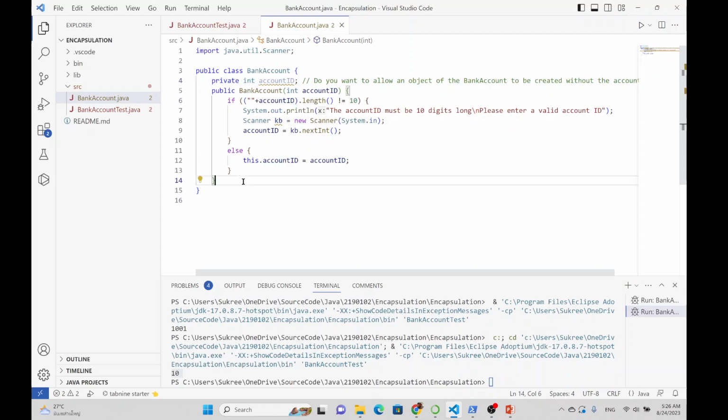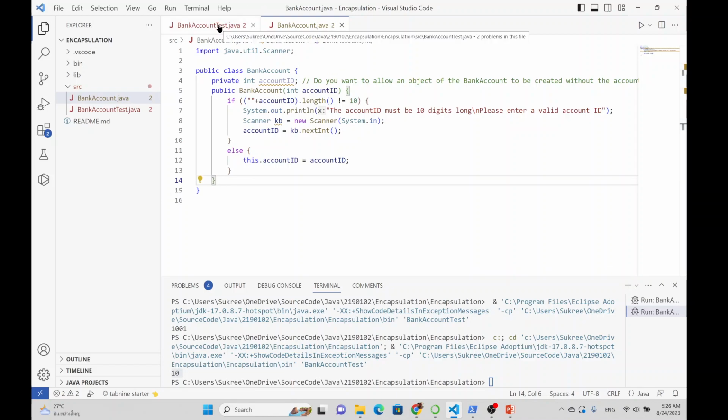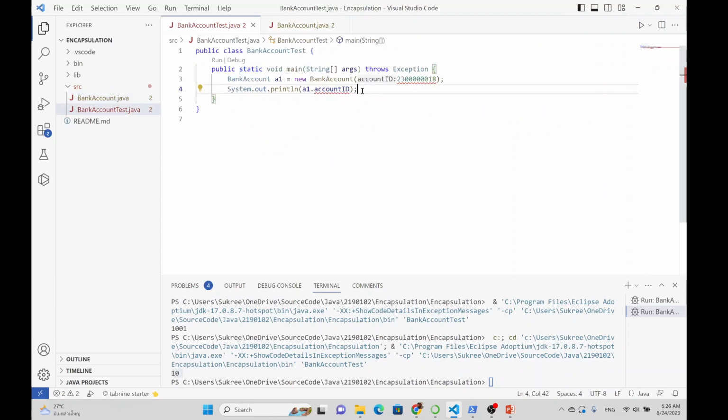So you won't allow other classes to be able to set it. But sometimes other classes should be able